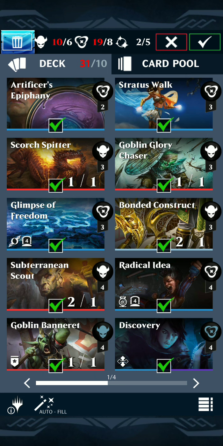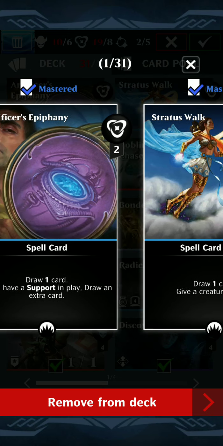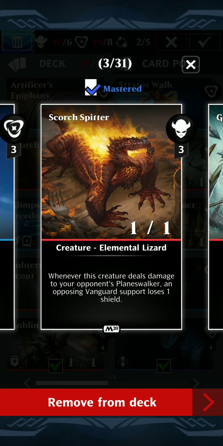Actually, this is the list that I want of just all the possible cards that could work for this sort of archetype. So cards like Artificer's Epiphany and Stratus Walk, I think, are auto includes in this deck just because they're super cheap and they draw you cards. Scorch Spitter, Glory Chaser, just generic 1/1s if we need them to fill out the deck. We're going to put a priority on haste creatures when we see them if possible,